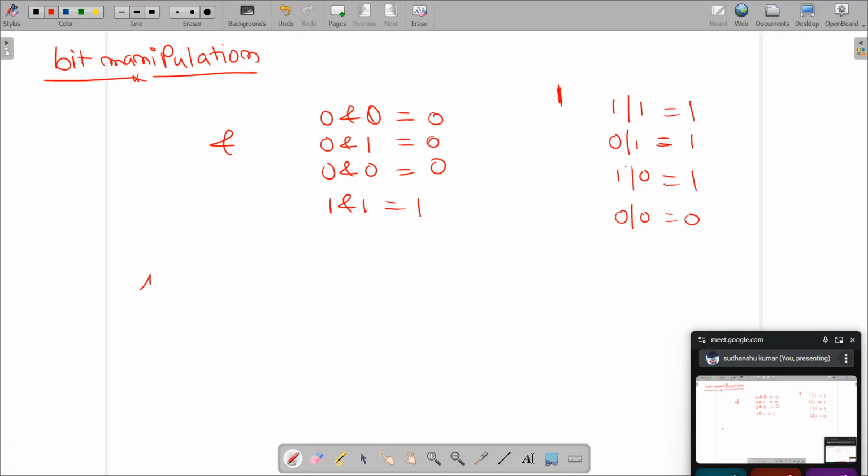Then this operator, XOR, works like this: if both bits are the same, then it will produce 0. If bits are not the same, then it is going to produce 1. I think all of you must already be knowing about it.